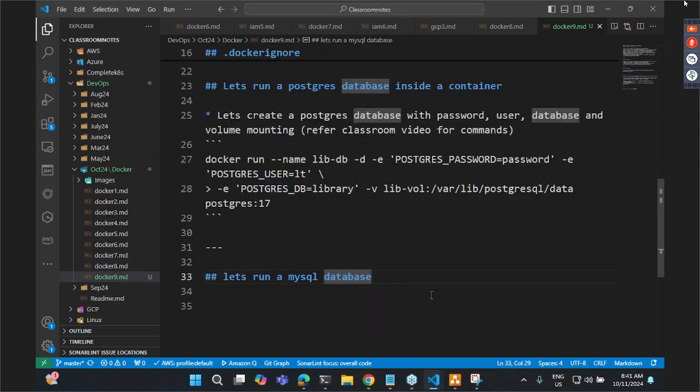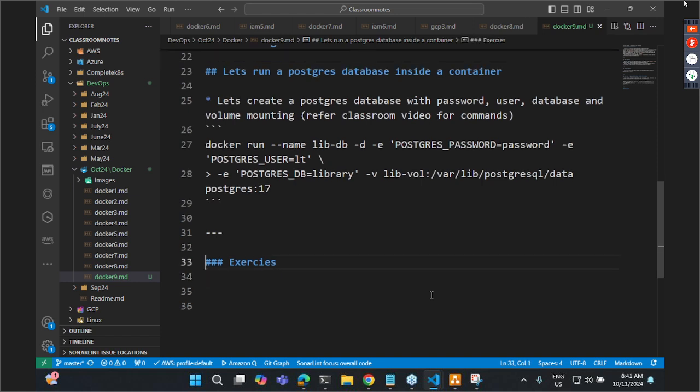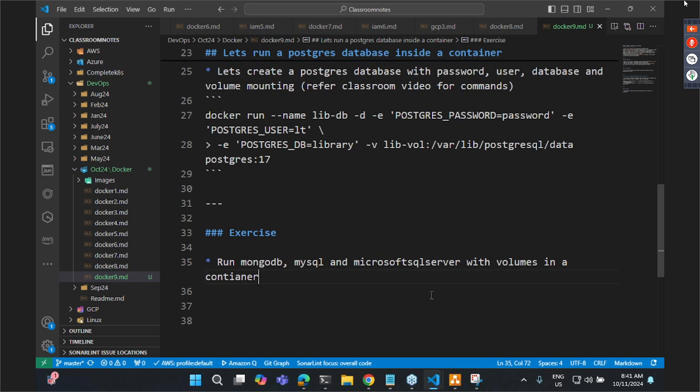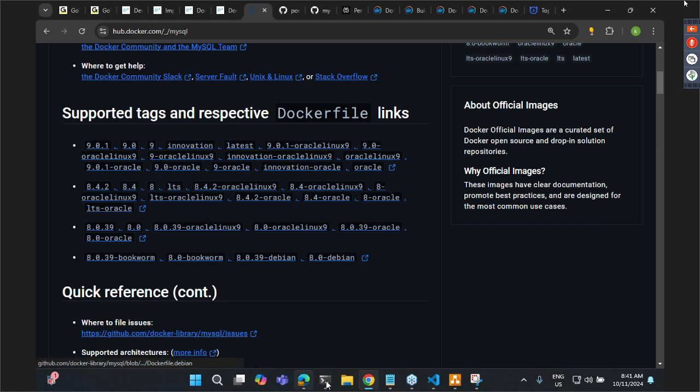I'm not even writing the commands. Okay, so this is something which I'll give as an exercise. Run MongoDB, MySQL, and Microsoft SQL Server with volumes in a container. Okay. You can directly Google for commands. All you need to do is understand those commands. What are the things which you are trying to basically pass? So over here,